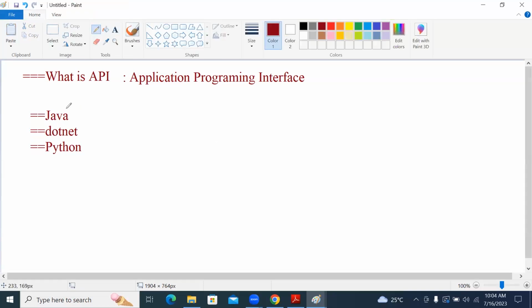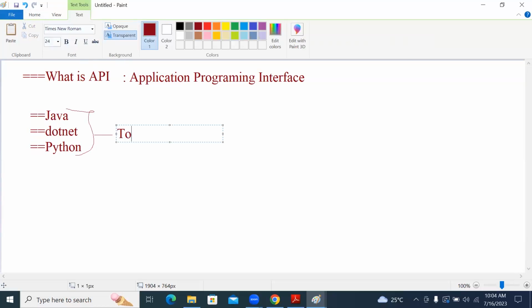These are all softwares, programming languages, which are used to develop software.